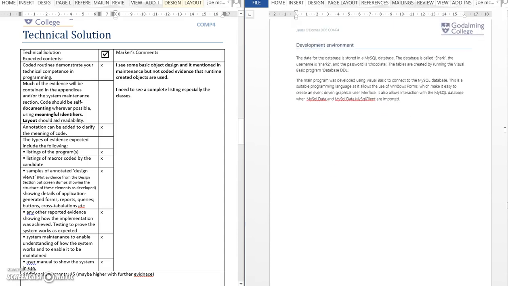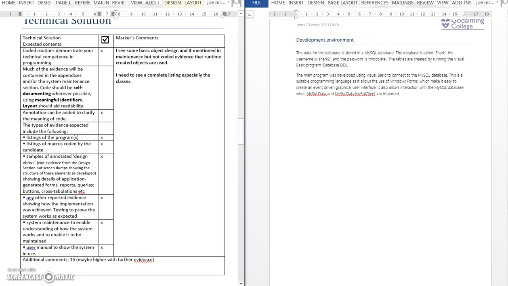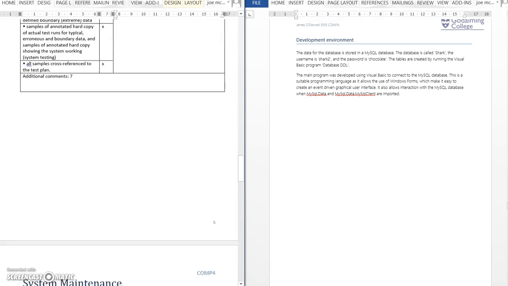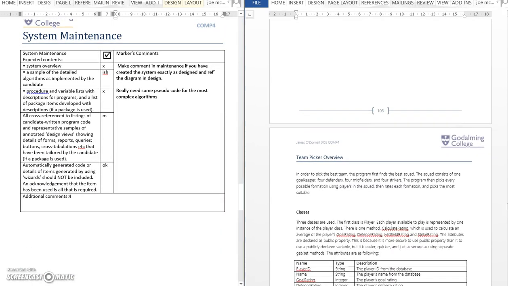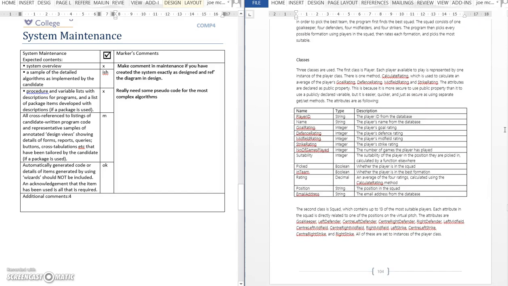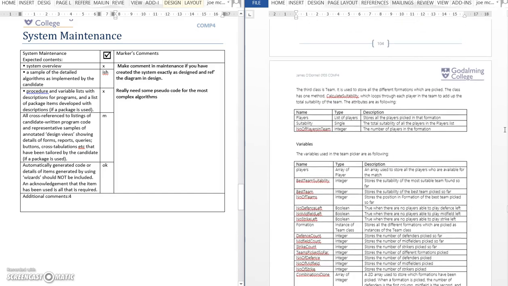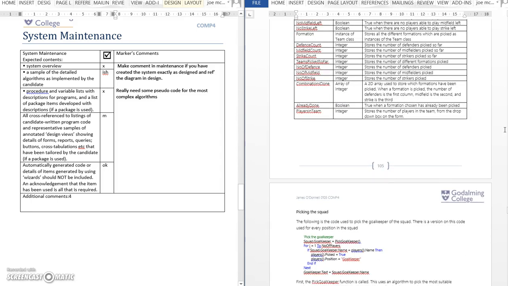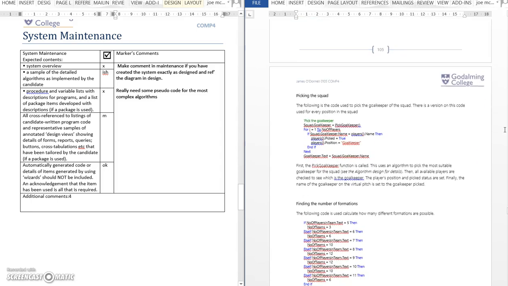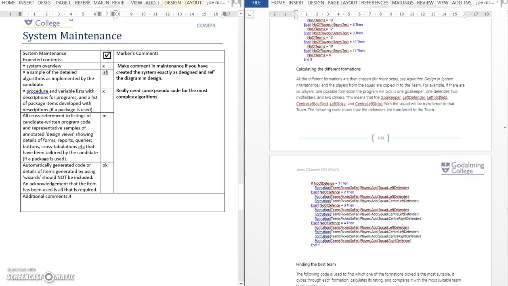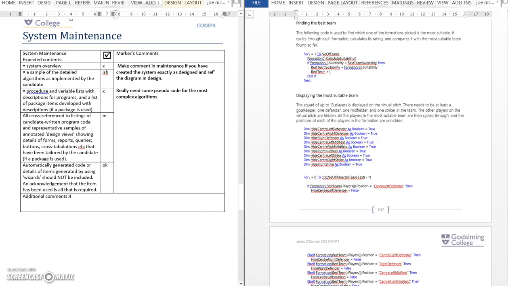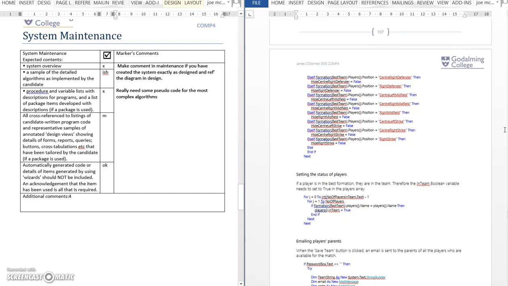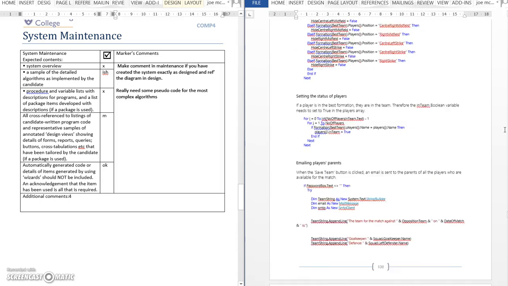What I would say is it's worth you doing some cross-referencing in your maintenance section, which I've mentioned here. Back to design, back to testing, back to... You don't need to redo it all, but just do some cross-referencing and saying, oh, see this, see that, see the other. And I do desperately need to see some algorithms, which of course you could just put in once and then cross-reference across. And I really need to see your full code dump, and ideally I'd like to see